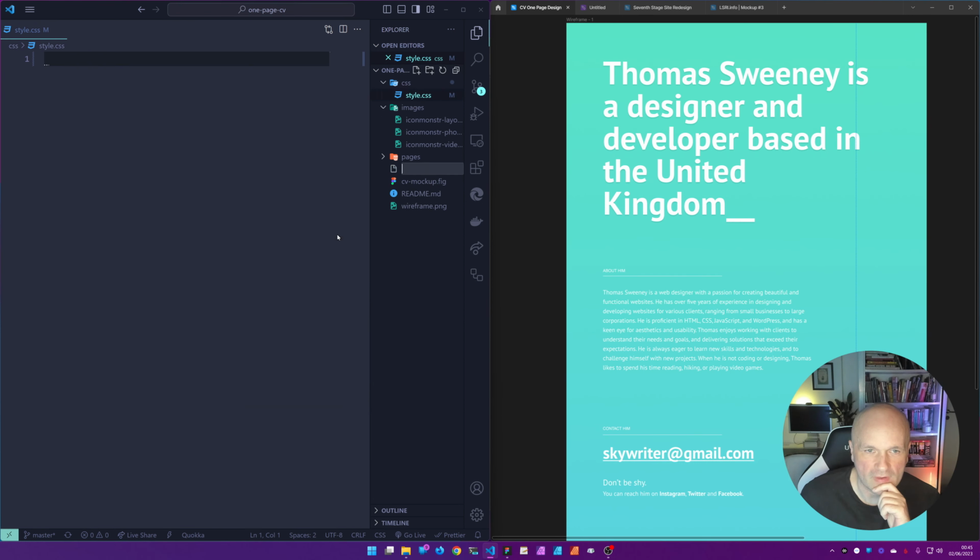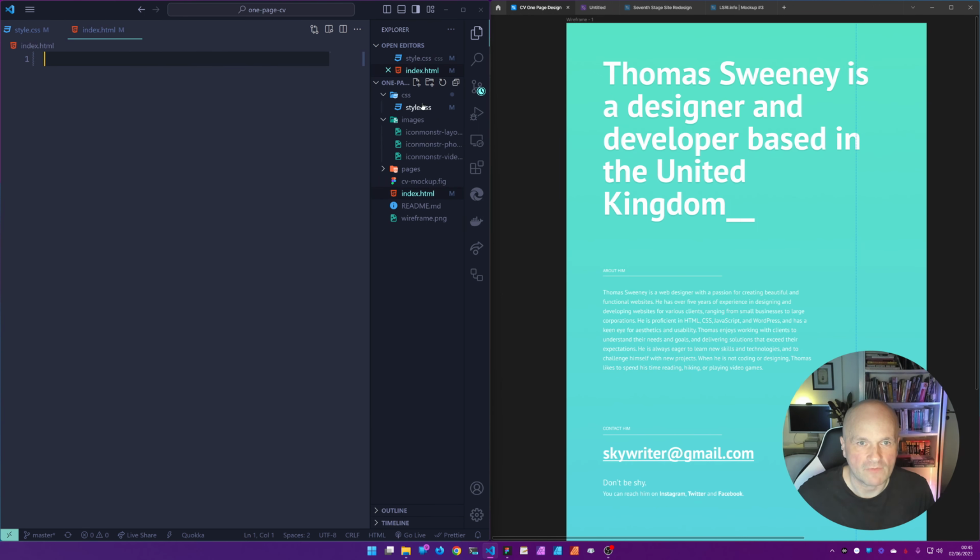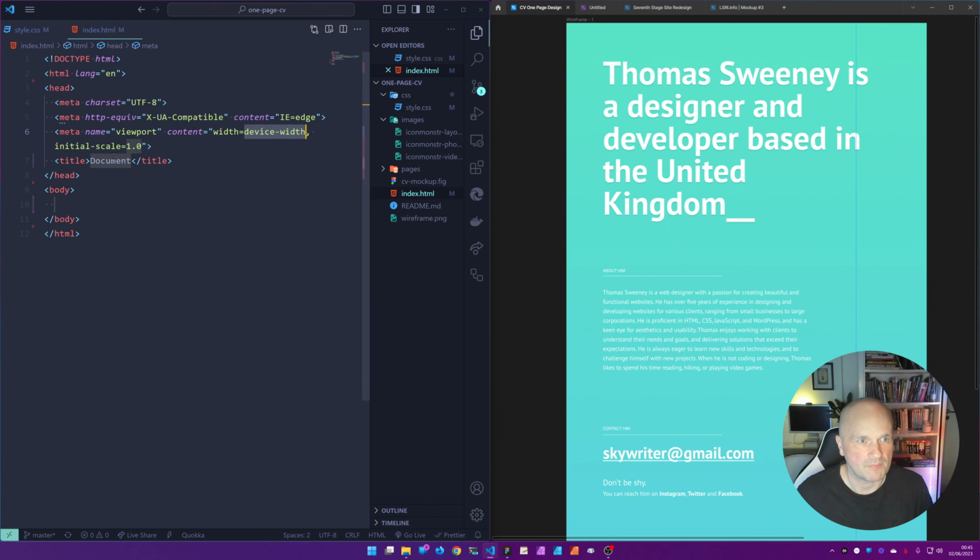I'm going to create a new file. Right click, new file, index.html. Okay, I've got my style.css, but it's completely blank. It's inside my CSS folder, and my index.html is completely blank. So what do we do? We put in an exclamation mark, hit tab, and inside our title, we're going to call this